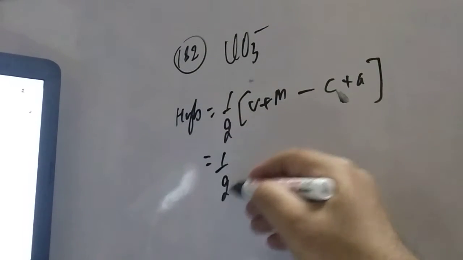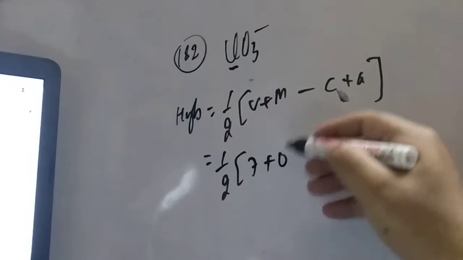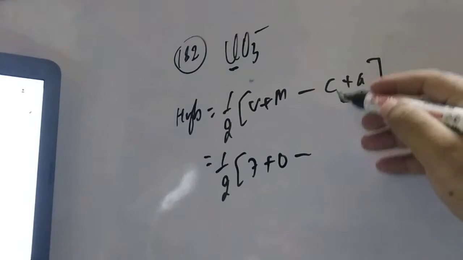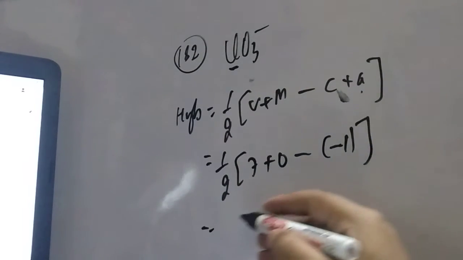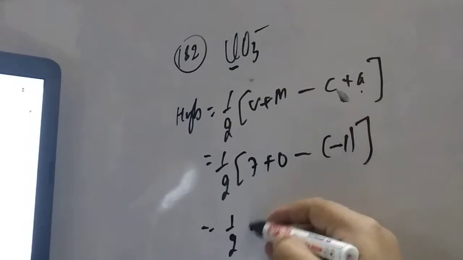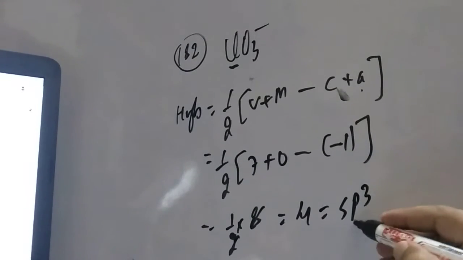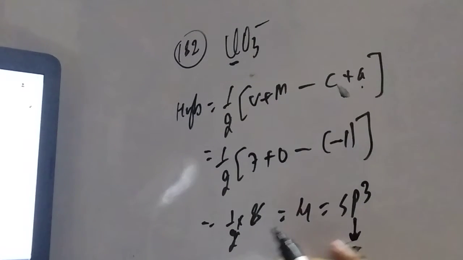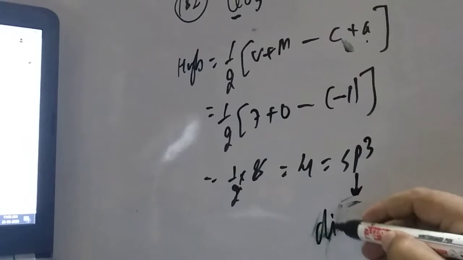So 1 by 2, number of valence electrons of chlorine, how much, student? 7, plus monovalent is 0, oxygen are divalent. Minus, here cation is 0 and anion is how much, student? Minus 1. So here you see, student, how much is coming? Minus into minus is plus, so 1 by 2, 7 plus 8. So that is 2 4s are 8, 4 is coming. 4 means what? sp3. It will come, that is sp3. Hybridization is sp3. Now we have to check the shape, student. Distribution you can ask. Distribution will be tetrahedral.